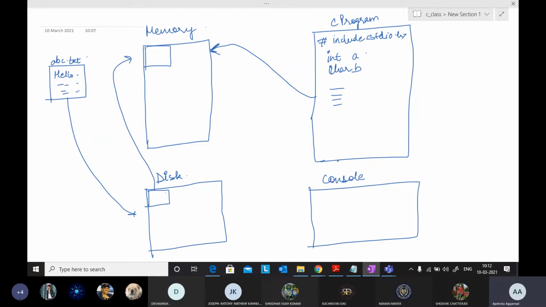We cannot always write directly. If I'm doing a write system call over here, I want to write some content, like let's say the value of the integer variable a, int a equal to 2, into the disk. I can write directly over here, but this is not the case. What I do is I load this file from the hard disk to main memory, and then I write the contents over here. Then I will again close this file and save it to the disk.